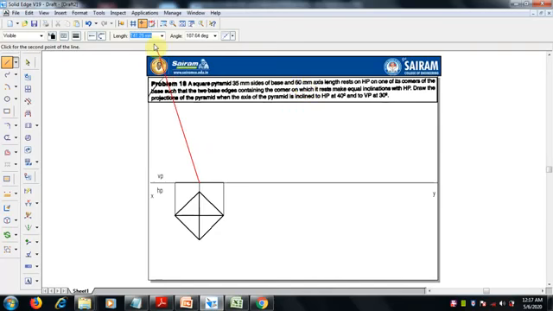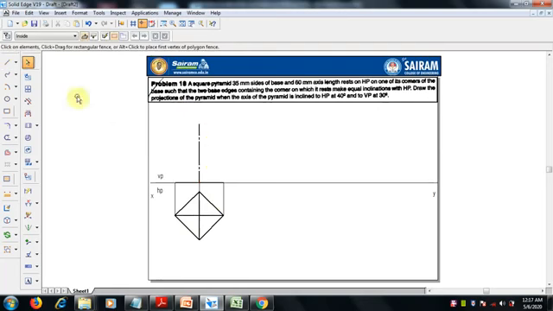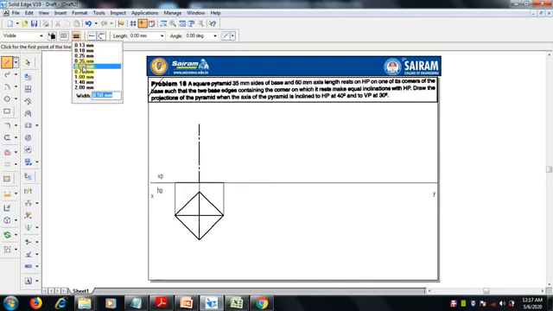So here the length is 60 and the axis angle is 90 degree. This is fine. Now we have to join all these with continuous line, 0.5 mm thickness, this slant edge, and this slant edge. Okay, these are the slant edges.